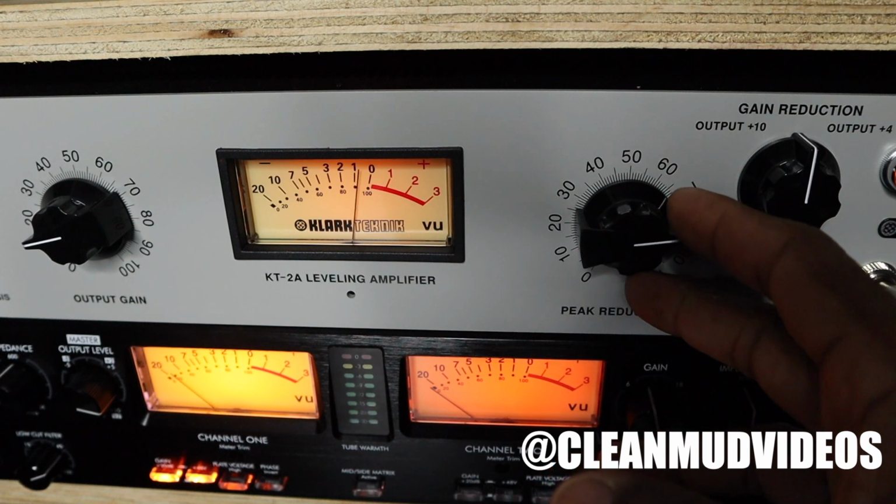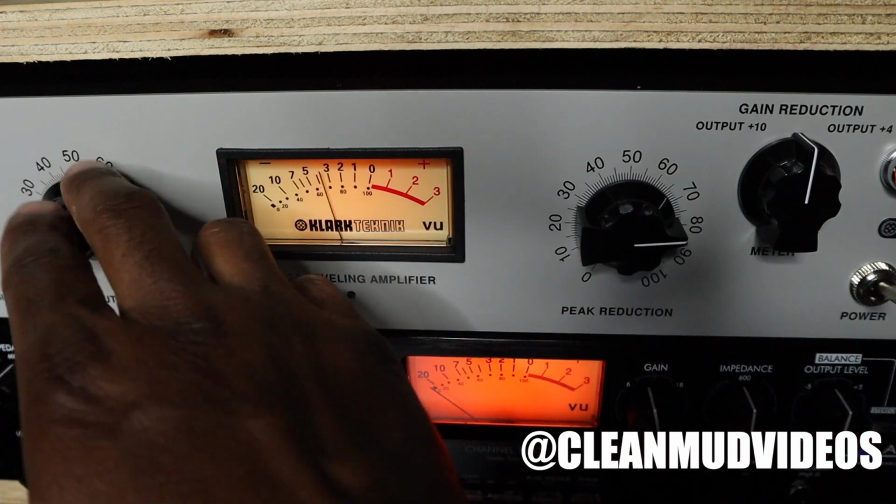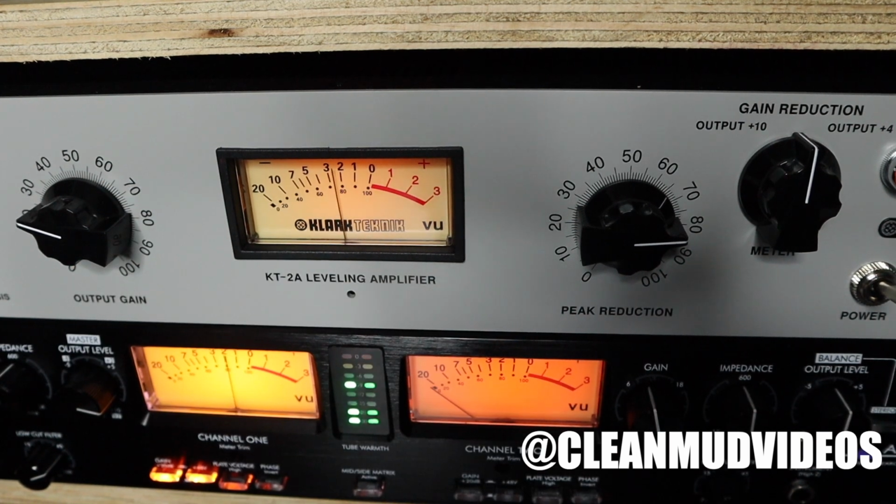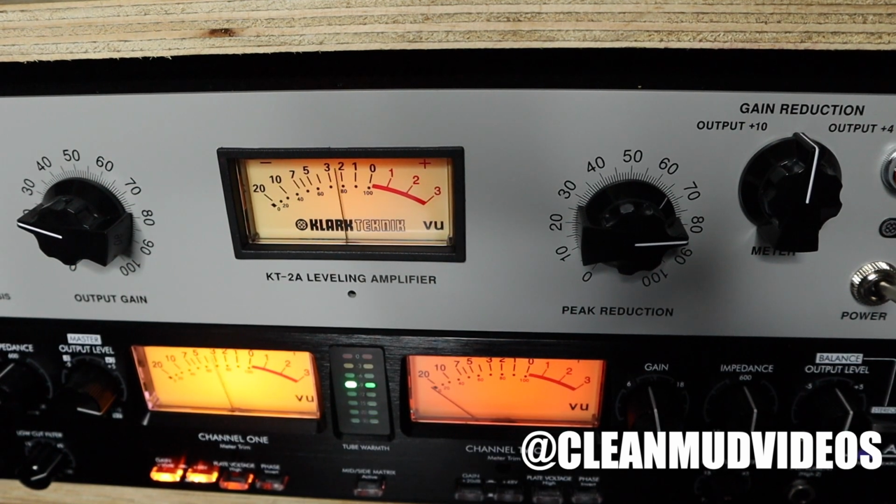So let's push it a little harder. Check. But then also raise some of the output gain up so you can hear the characteristic of the limiter. Now let's